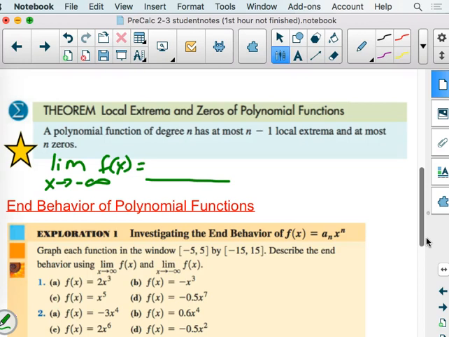So our job is to figure out if it's going up, that we're going to put infinity in here. And if it's going down, that we need to put negative infinity in here. So you start at 0, 0, and you just kind of read your graph. Is it going up or is it going down? Going to the left. And then, of course, we have to go on the other side and say the limit